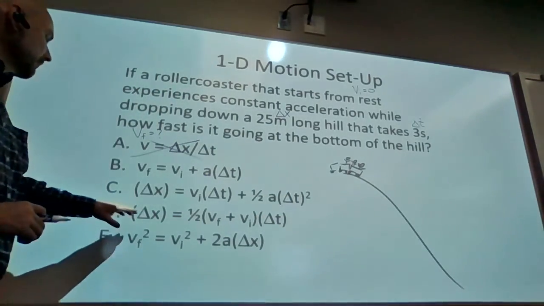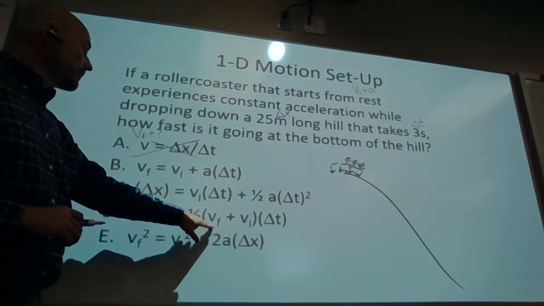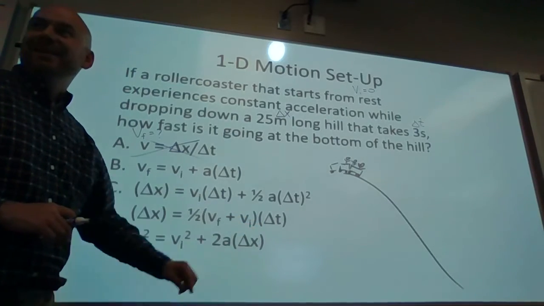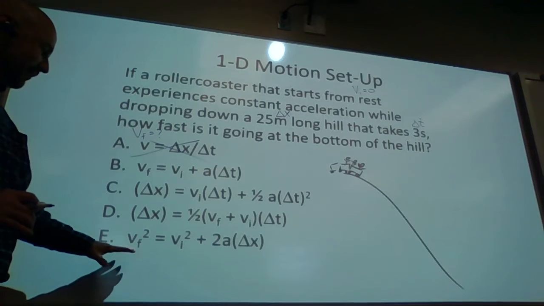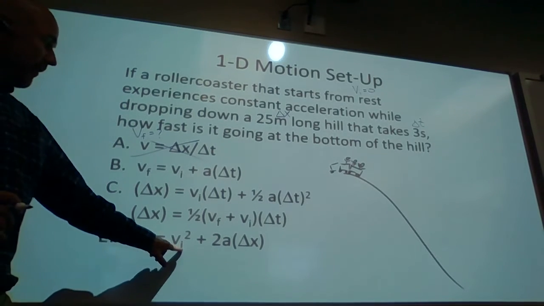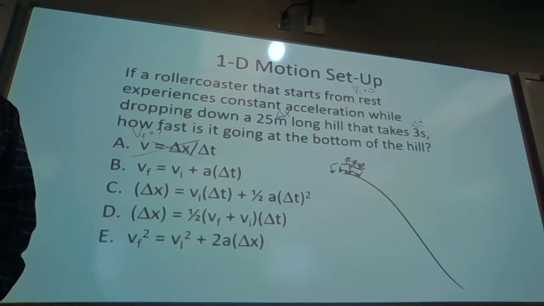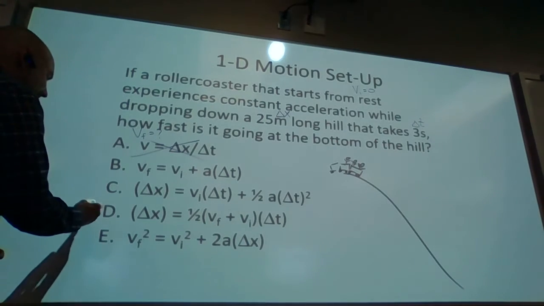Time, no. Yes. Looking for it. Oh, yes. Hey! That's looking good. Just to make sure we're complete here. Final velocity, that's what I'm looking for. Initial, yeah. Oh, okay. So, correct answer is D,